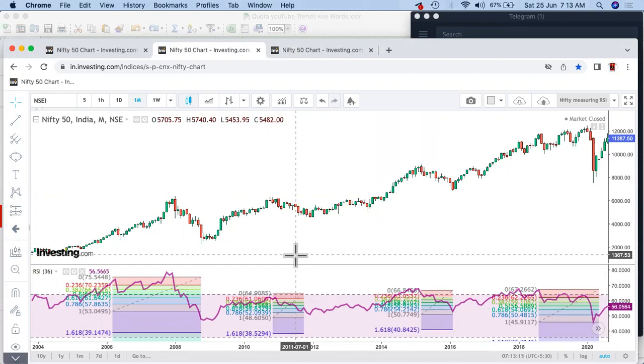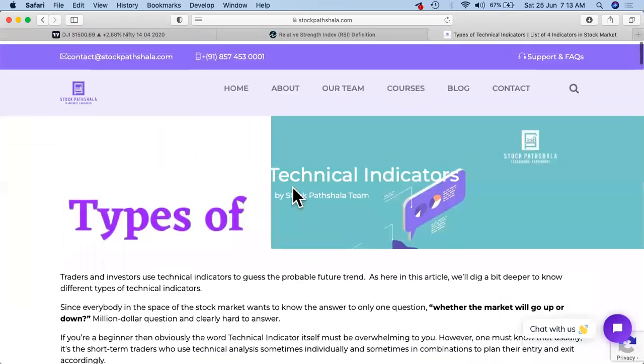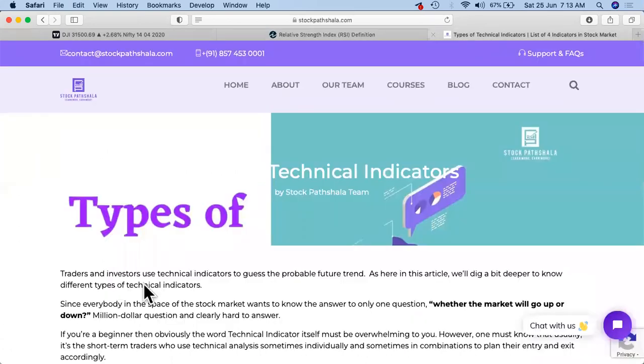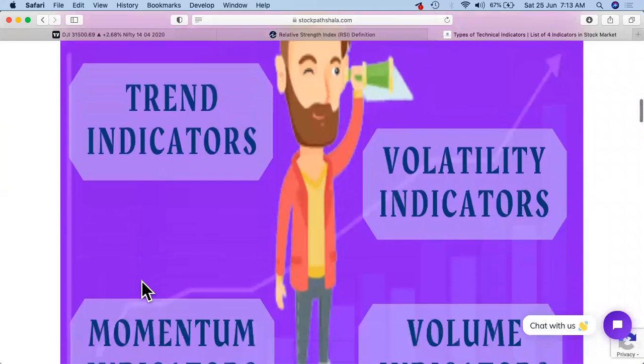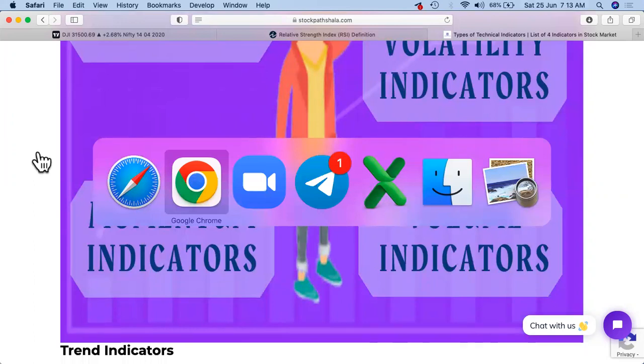So first of all, let's try to find out what exactly is RSI and how to measure that. Now, what do you mean by RSI? Right. So RSI is relative strength index. That is the first part. This is a momentum indicator, right? Now we have previously seen that there are four types of indicators: trend indicator, momentum indicator, volatility indicator, and volume indicator, right? From these four indicators, we are here talking about momentum indicator, right? So we'll try to focus on that. Let's try to see what exactly is RSI and how it functions. We'll see the formula and the rest of the things also,